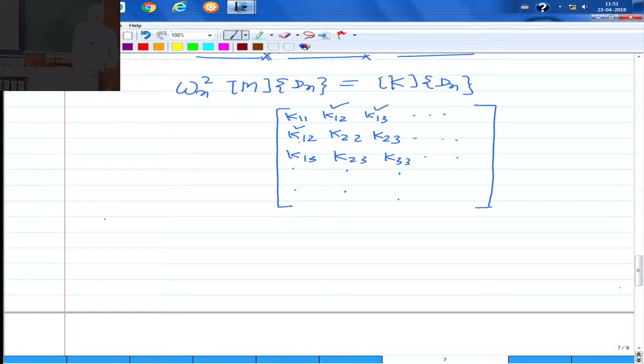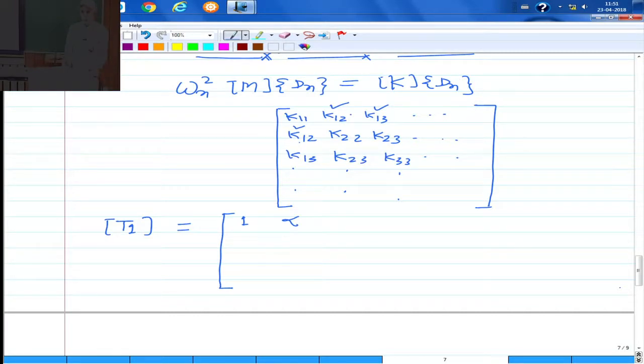So the starting point here is a transformation matrix. Let me take T1. This is a transformation matrix T1, and T1 is chosen in such a way that first we want to make K12 as 0. So that is essentially this first row and second column. So this T1 is chosen in such a way that, let us say, I have unity here, and corresponding to this, let us say, some alpha, and then I have, because this is K12,